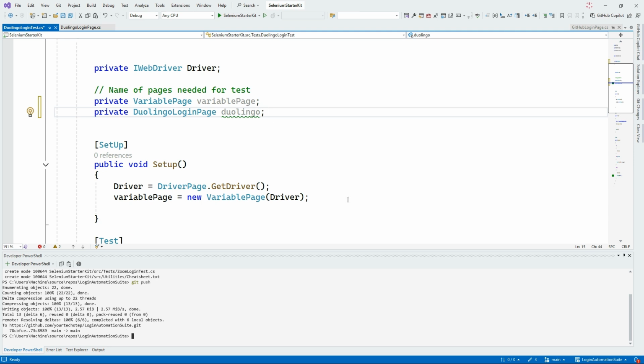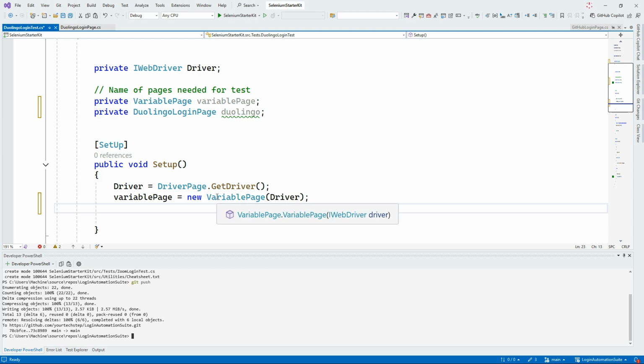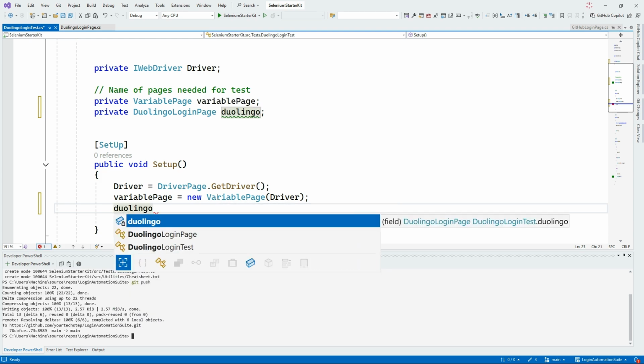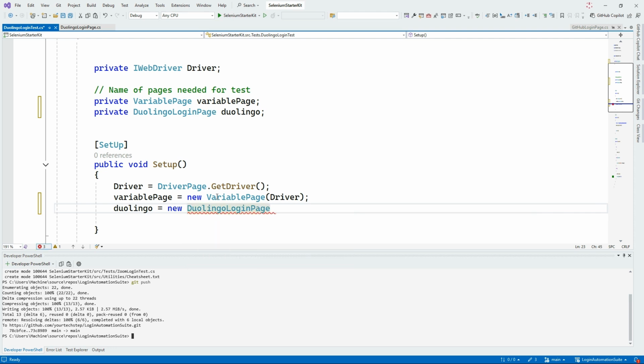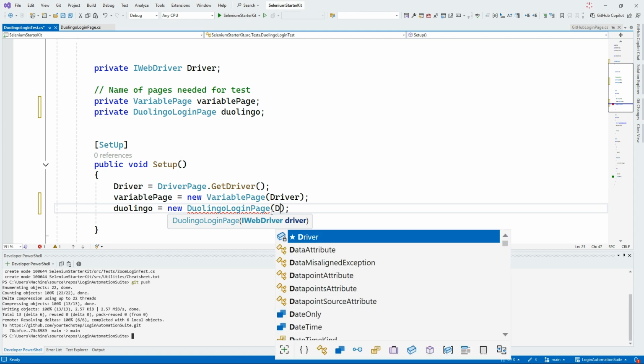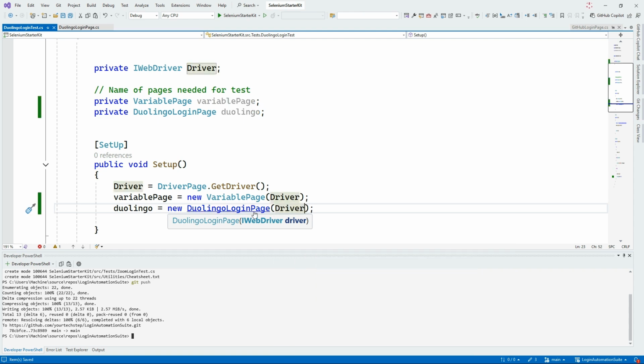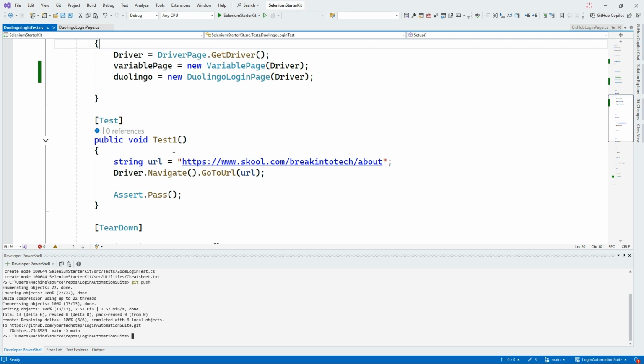Okay. So now we need to create a new instance of the Duolingo login page. So we have Duolingo equal to new Duolingo login page. Now you can call the instance of the object whatever you want. You can give it a name, but when you're referencing the actual object, you need to name it properly. You need to have its fully qualified name. Okay, so now let's give our test a proper name. So log into